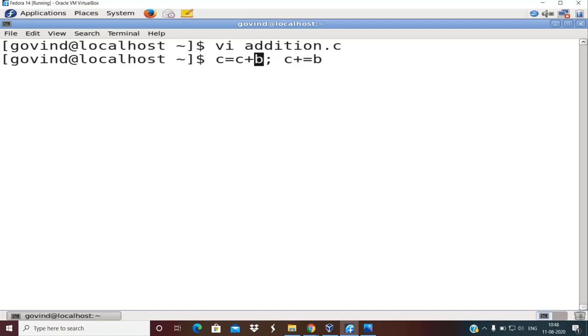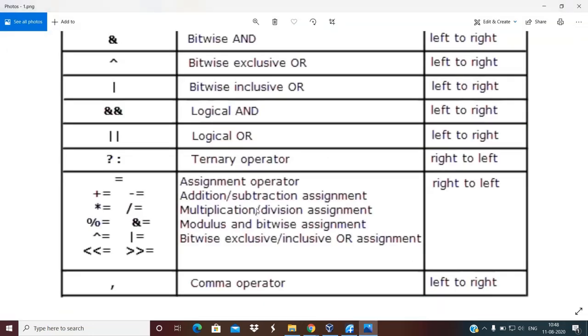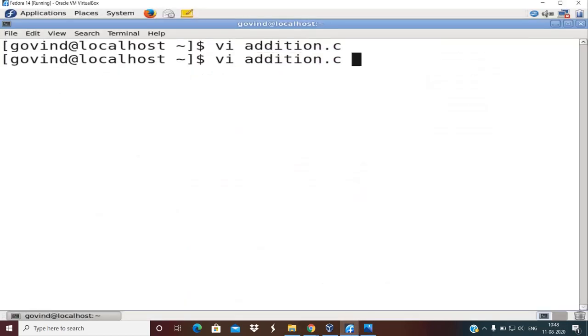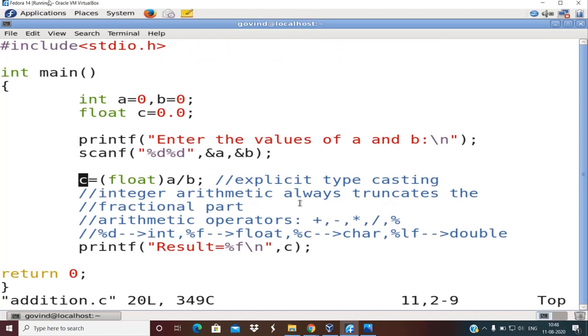How can I write c equal to c minus b? I just write c minus equal to b. Okay, so they are also referred to as shorthand operators, shorthand assignment operators. They do both: they perform addition or subtraction depending on the operator, and also perform the assignment. Okay, and the last operator is called the comma operator. We had already seen this comma operator while we were declaring the variables. So you can see over here, a equal to 0 comma b equal to 0. So this comma is a comma operator which has the least priority. Okay, so here also you can see the comma operator being used, which has the least priority, right?